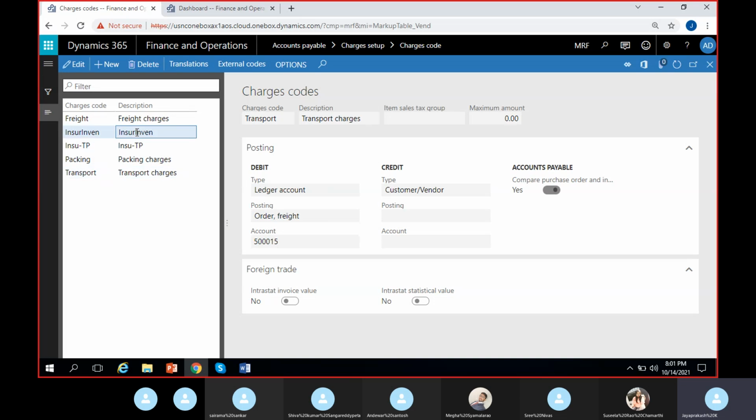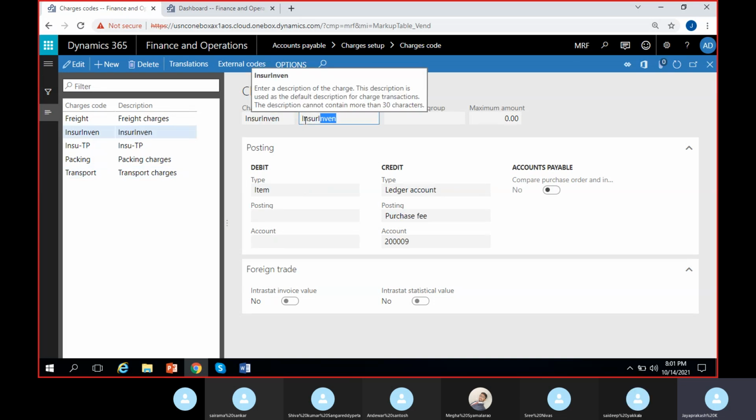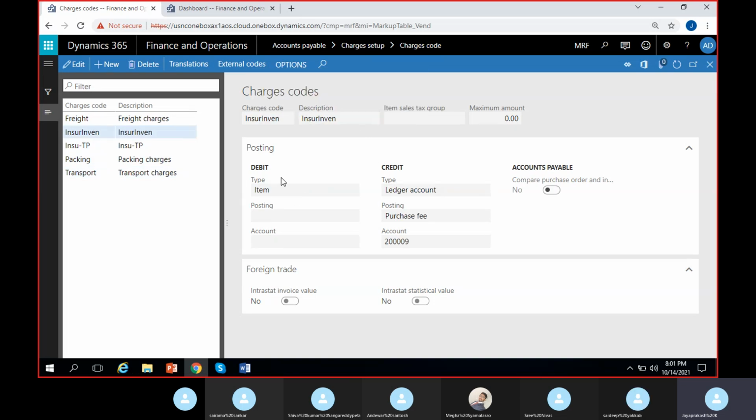And other than that, we have 2 others, like insurance which we add to the inventory but paid to a third party vendor, and insurance which we